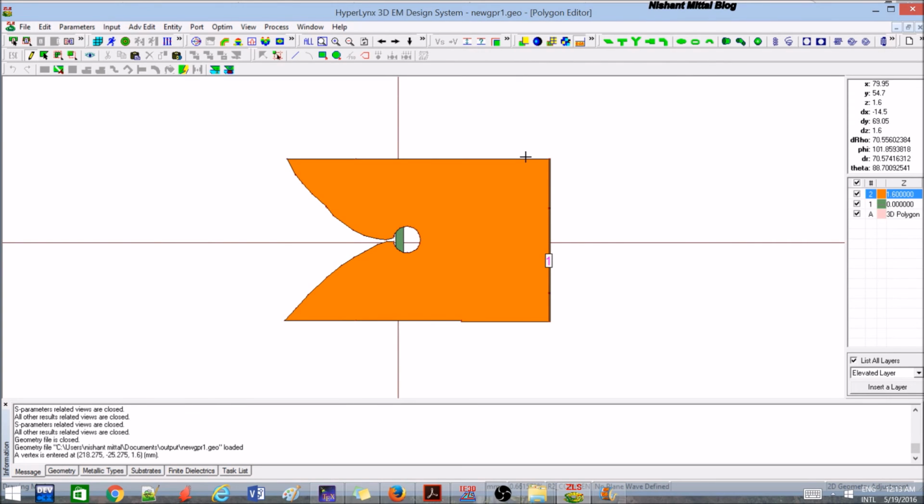In this tutorial, the fourth tutorial, I'll be discussing how we can design one of those kinds of complex structures,